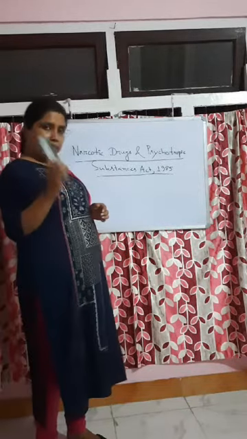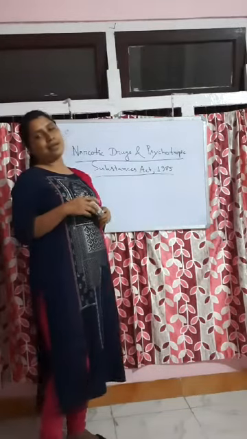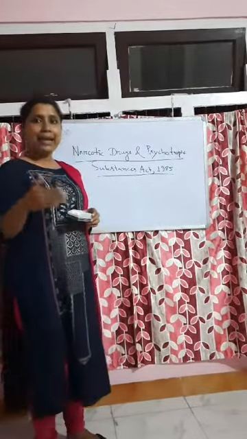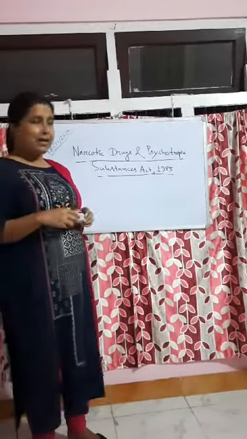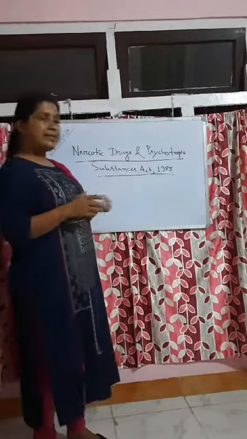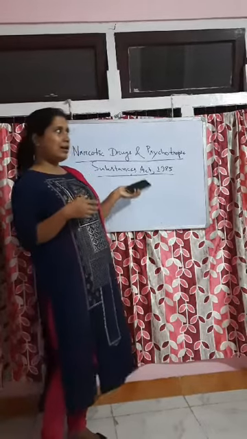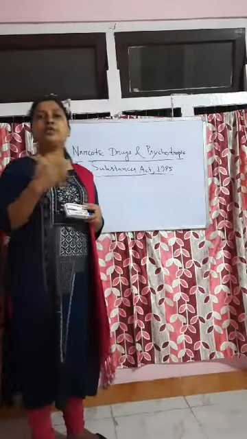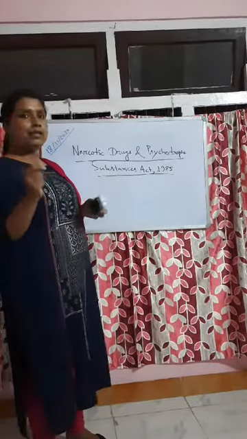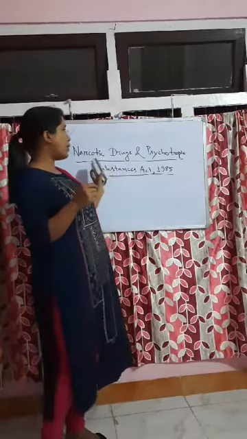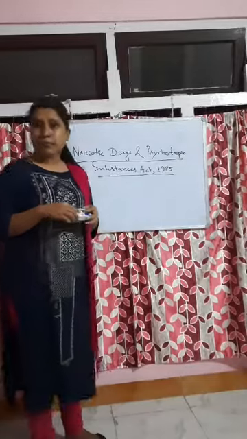Yes, in that case I am going to tell, earlier also there were two acts. One is the Opium Act 1857, another is the Dangerous Drugs Act 1930. Under these, these substances were regulated. But later the government realized that it is not possible to regulate with these acts. We needed another act. That's why they brought this act, the Narcotic Drugs and Psychotropic Substances Act 1985.